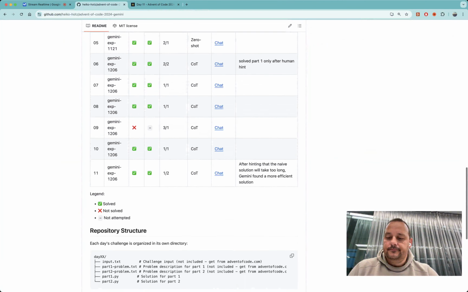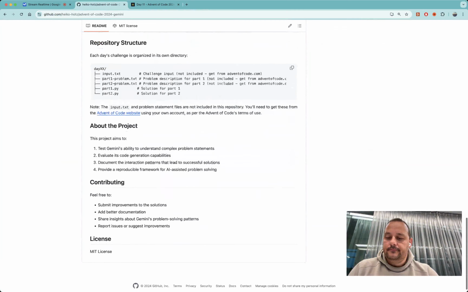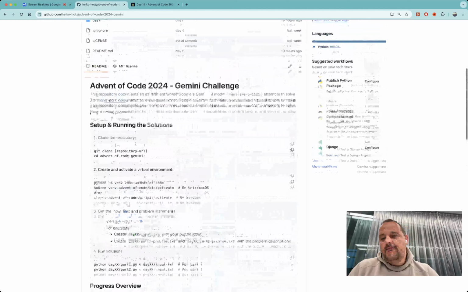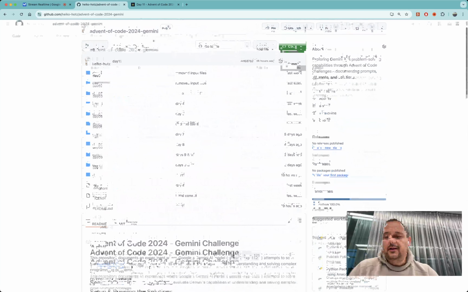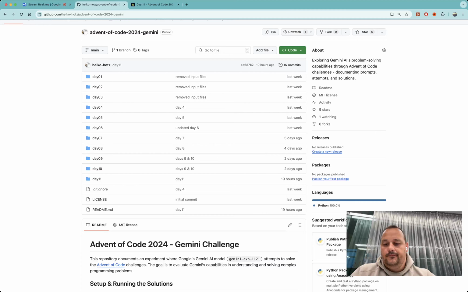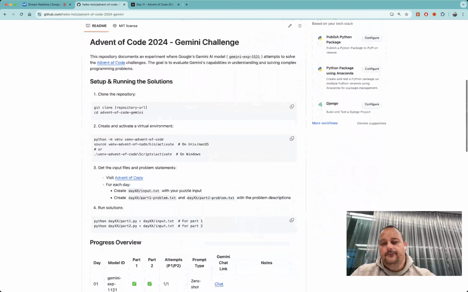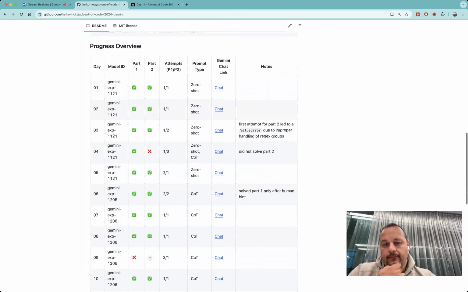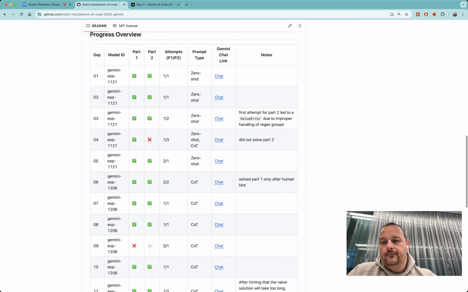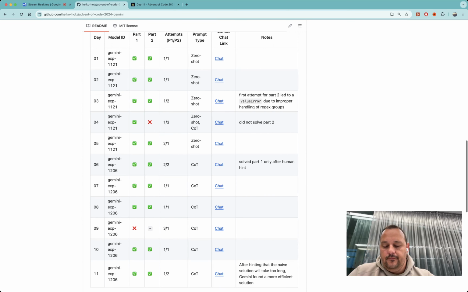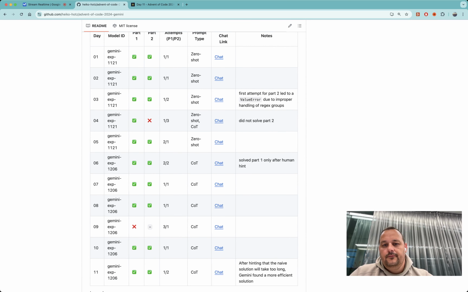Okay, I'm ready. I will look at the screen as you scroll, and I'll let you know what I understand about the project. All right. I have finished scrolling through it. What can you tell me about the project? The project is called Advent of Code 2024-Gemini Challenge, and it seems to be an experiment where Google's Gemini AI model attempts to solve the Advent of Code programming challenges. The repository includes code and documentation of the attempts made for each day of the challenge, along with